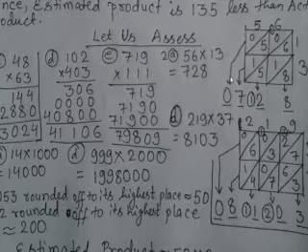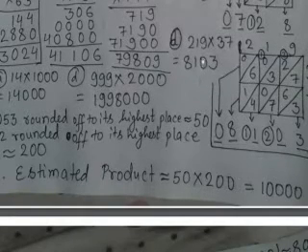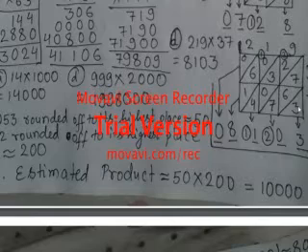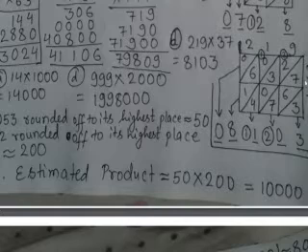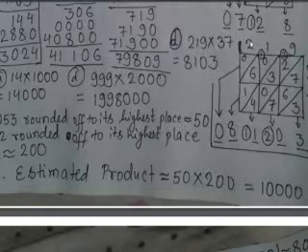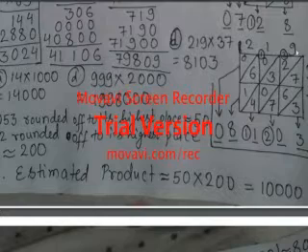Okay students, this will be the last question which I will be explaining. It is a 3-digit into 2-digit number, so you will make 3 column boxes and 2 row boxes. You can see for 219 there are 3 boxes in both the rows, and for 37 there are 2 rows. That means 37 and 219. I hope you are remembering how to write the numbers, from left to right.